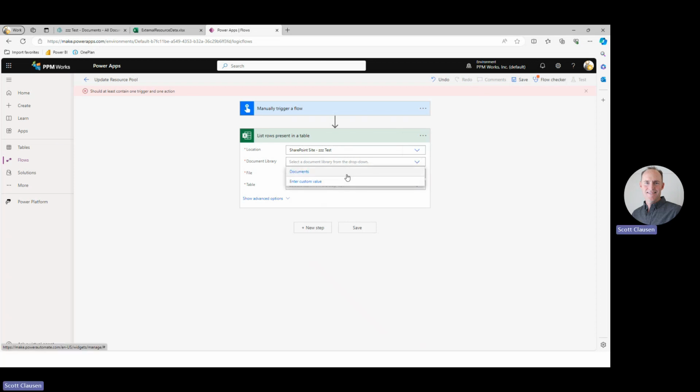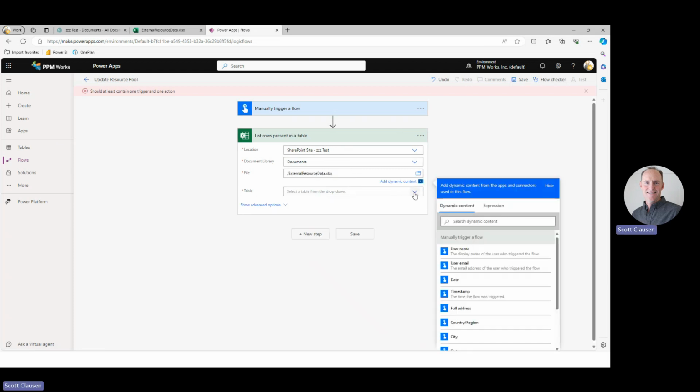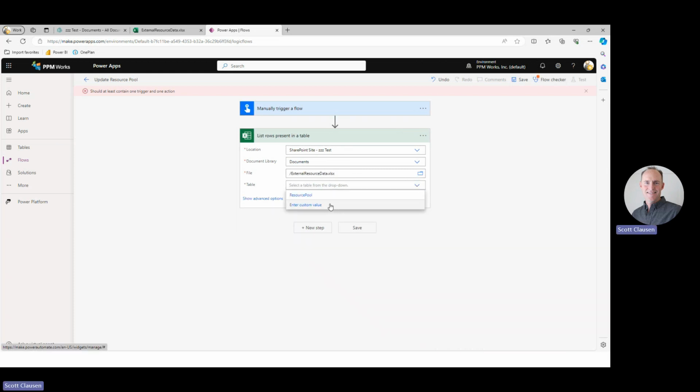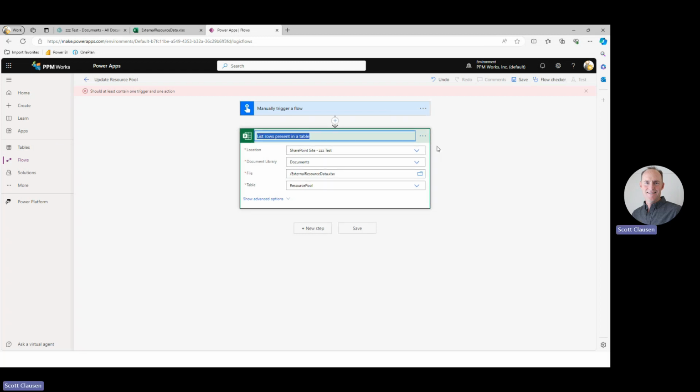It's in a document library there. File name is called external resource data, and the actual table in that Excel file is called resource pool. So what we'll do is maybe name this just to make it easier for later to reference it, and we'll just call this external resource